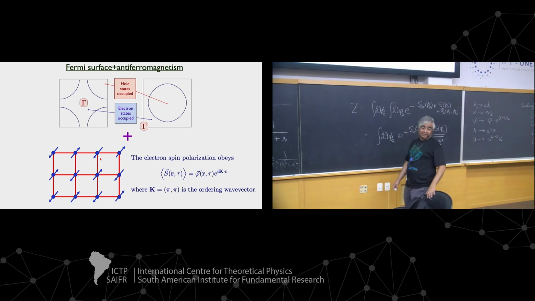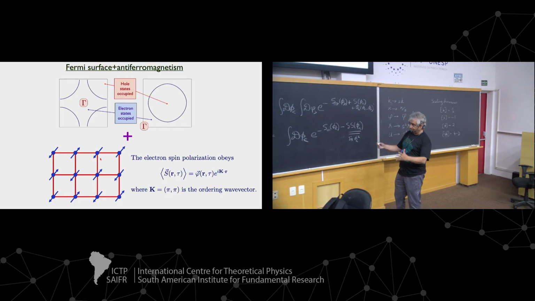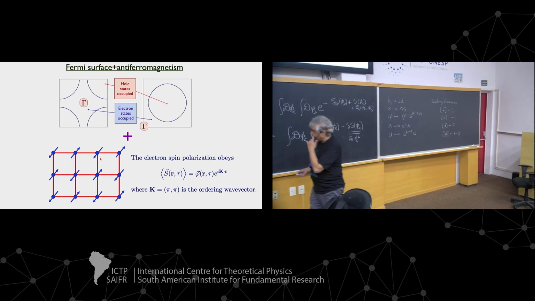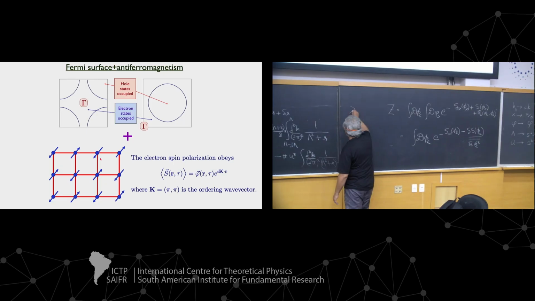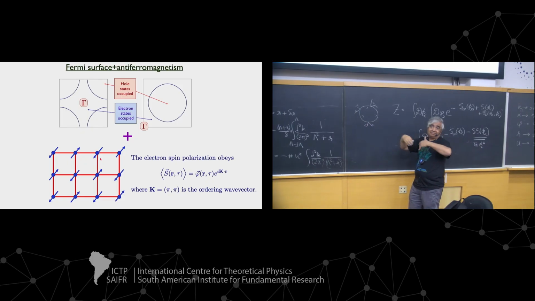Now you might legitimately ask here, since you're doing all of this, there also could be other graphs that you're going to generate. The graphs like this, where you have 6-point vertices. How about this? So here everything is lesser outside and greater inside. This is also allowed. So you're going to get a phi to the 6th term, and you get an infinite number of terms. So what the hell are we doing?